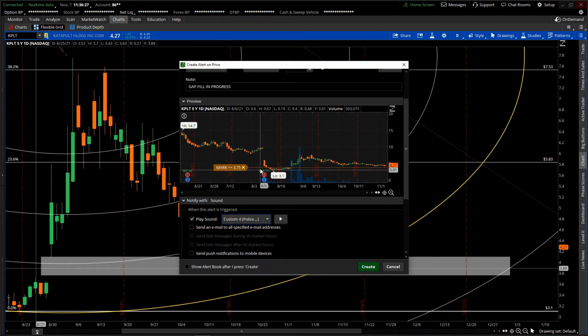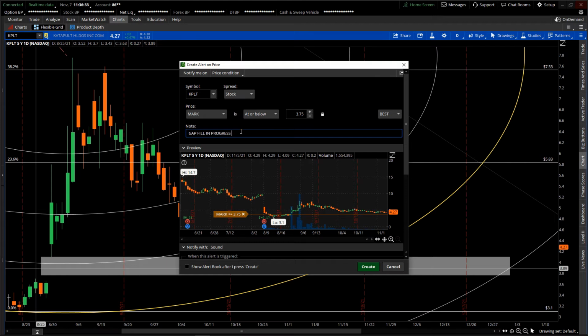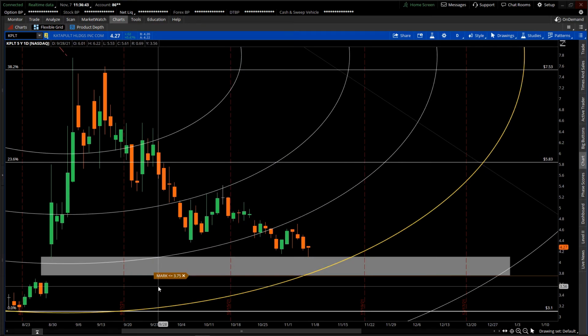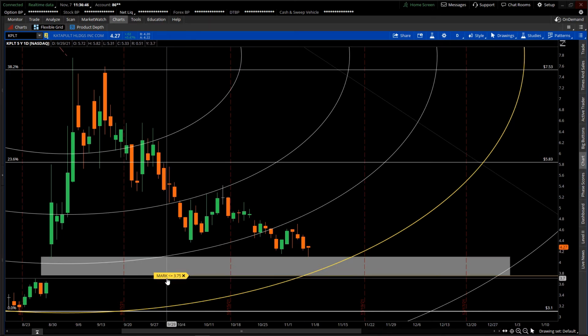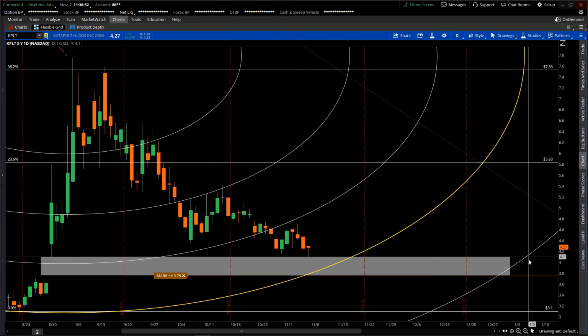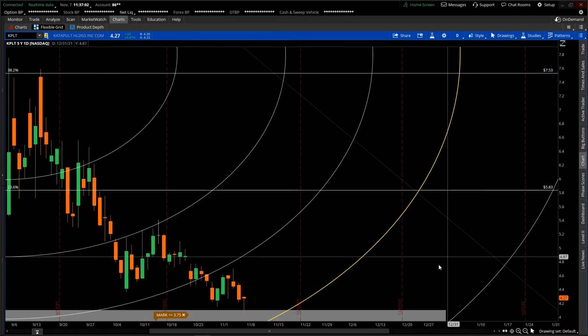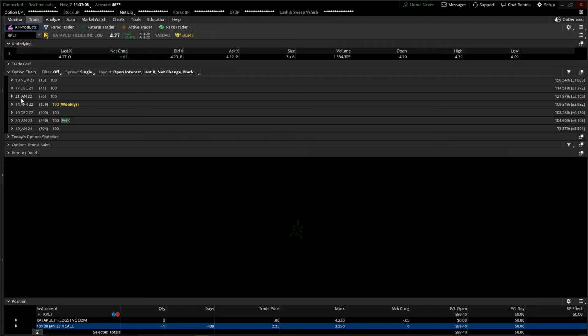I'll be notified with an alarm. So when price comes down, it'll trigger this alarm, and I'll start shopping around for a $5 strike, right? Because now I think price is going to start reversing itself and heading towards $5 sometime before the end of the year. So my candidates are, if I'm looking at, let's say, the January 21st contracts, which expire